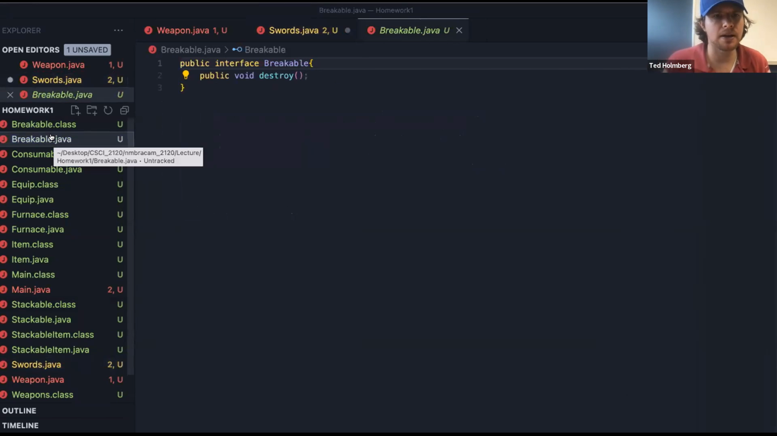So inside Breakable here, you have a destroy method. So you're going to have to put a destroy. Since Sword claims to implement Breakable, it has to have all the methods that Breakable has. So you're going to have to put a method inside of Sword called destroy that has that same